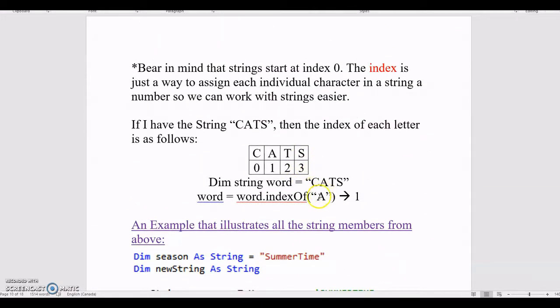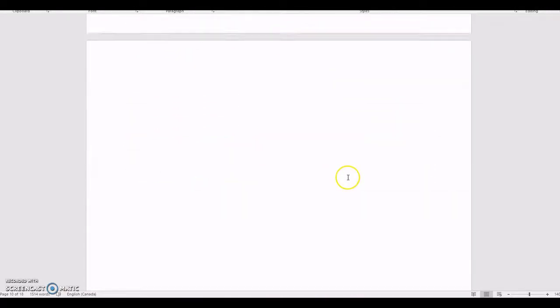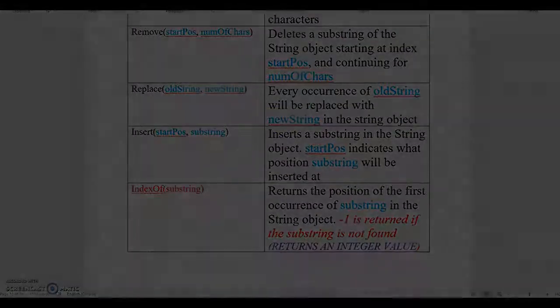And if I try to look for a letter that's not in the word, so if I say, hey, let's try to find an X, this would return -1. So -1 is the signal to you that there are no X's in your word. When we're doing hangman and you're guessing letters in a word, you're going to use indexOf all the time. You're going to take the user guess and find the index of it in the word. If you get a -1, that means there are no X's and you're going to draw the hangman. All right, that's just a preview of later. Okay, I think we're ready to go ahead and